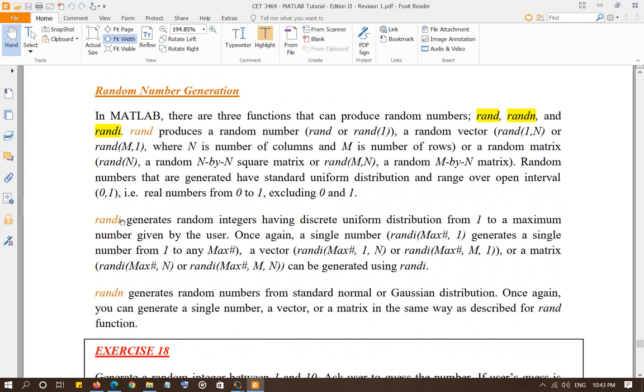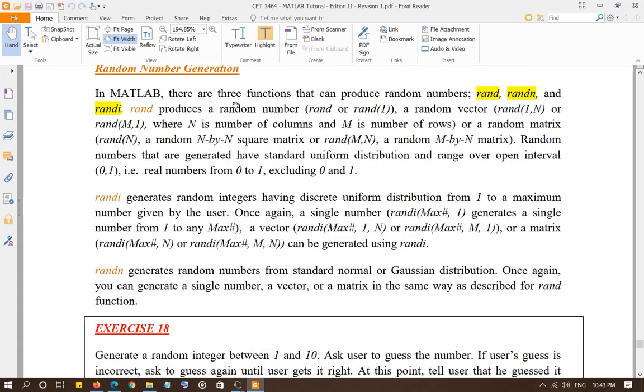RANDI generates integers only, right? So 0, 1, 2, 3, 4, 5, 6. And RANDN generates random numbers from the Gaussian distribution, which is a bell-shaped curve. Don't worry about what the Gaussian distribution is.